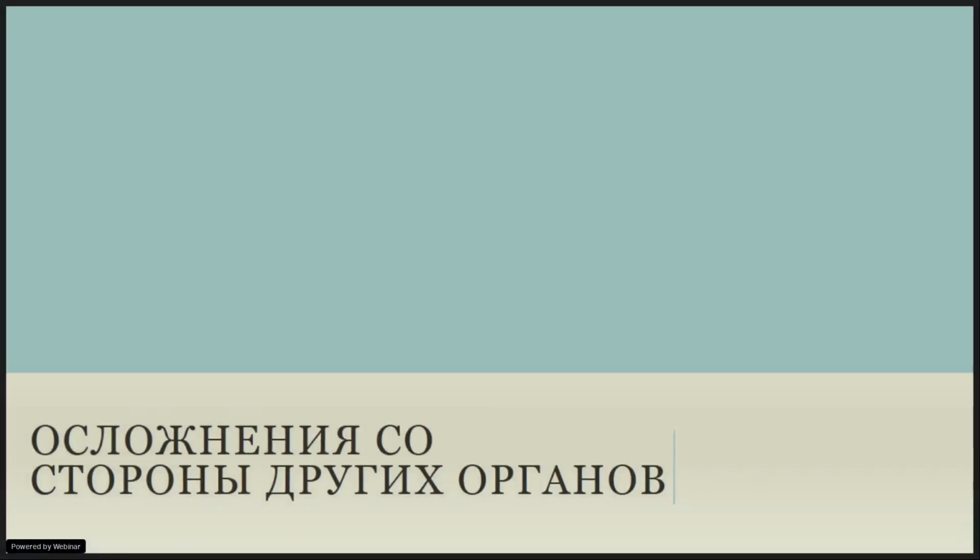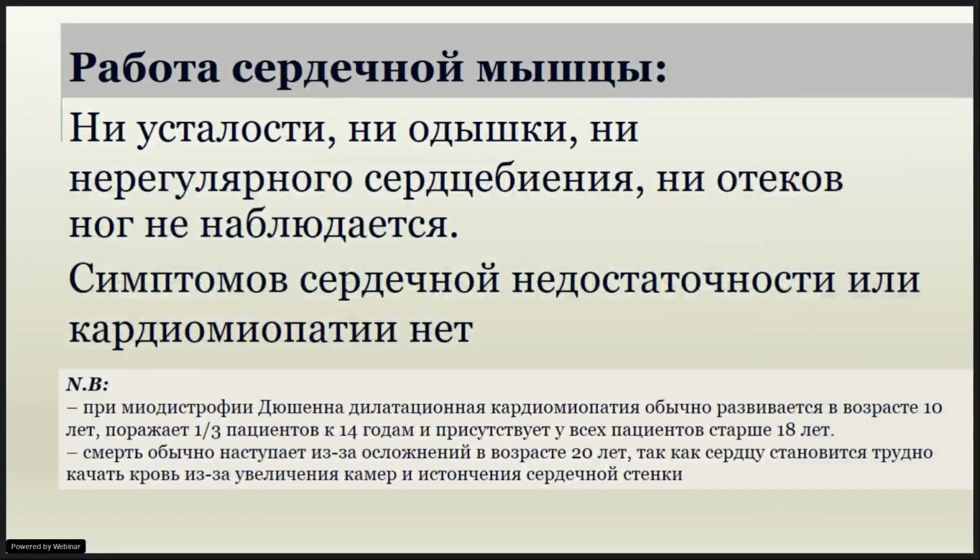Also, in the history, you have to ask about the complications of the disease. The main complications are weakness of the heart muscle, weakness of the respiratory muscles, and bone and spine complications. Regarding the heart muscle, you have to ask about symptoms like tiredness, dyspnea, irregular heartbeats, or swollen legs. They are all absent in our patient here, and you have to ask about symptoms of heart failure